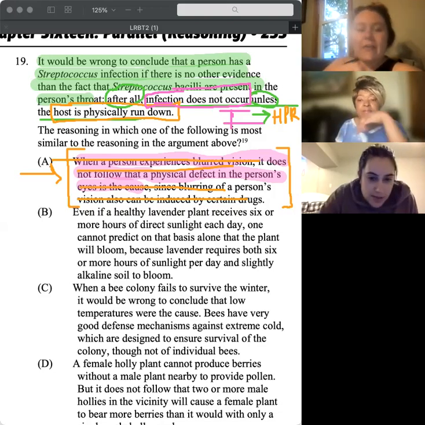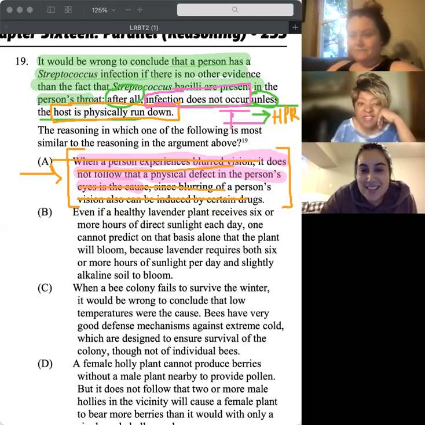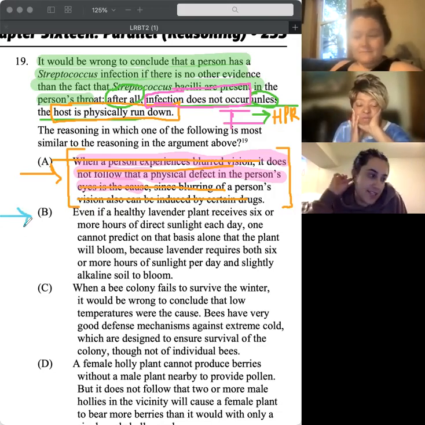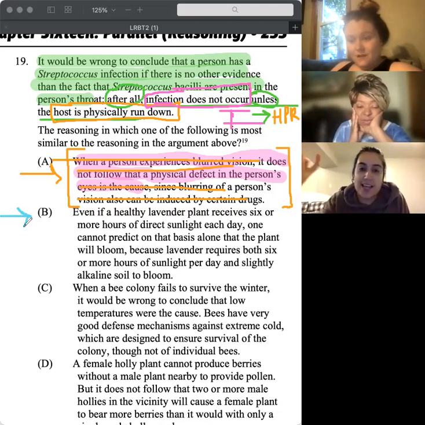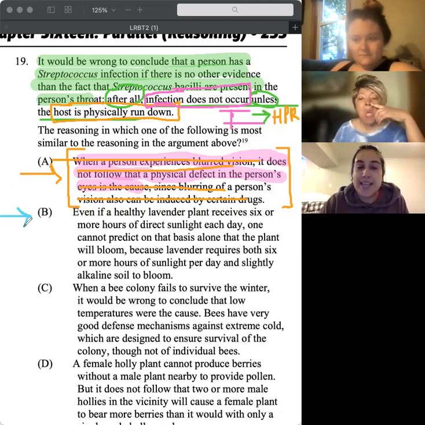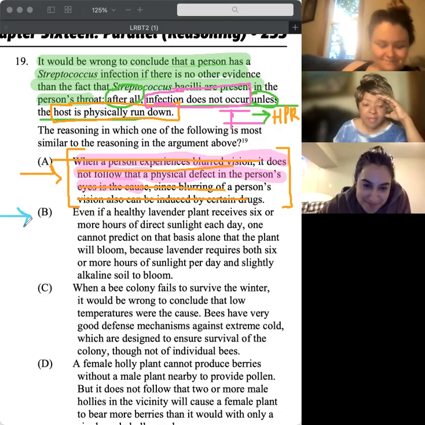Did you read that and was it different than the first time you approached this question? I think when I approached parallel reasoning, I read it and I was like, okay, it goes from this to this, but I didn't break it down so much with the sufficient and necessary. Now that we did that, I see it so much more clearly in B. Excellent. All right, let's go ahead and try C.